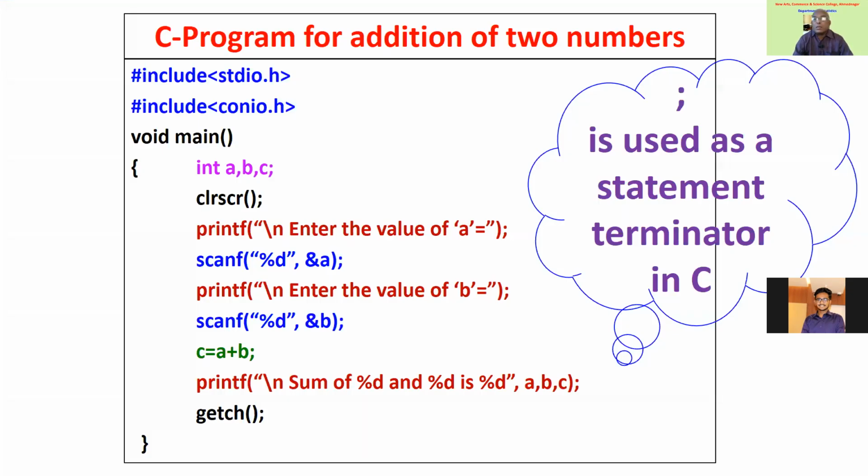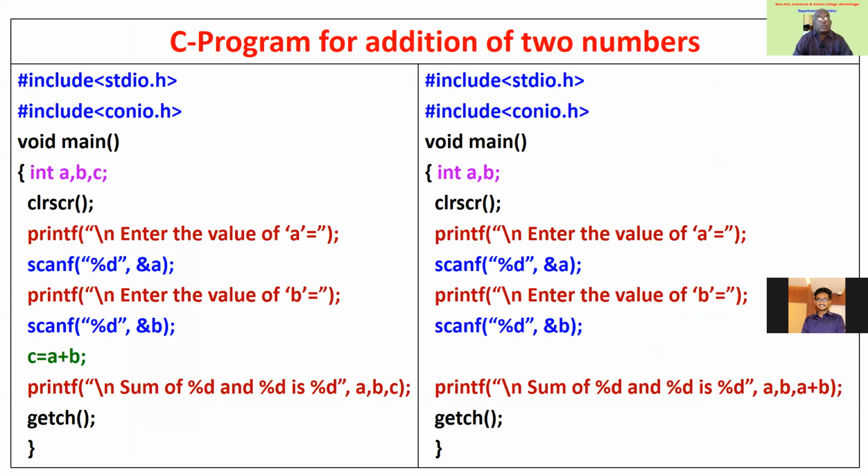See, last time I explained this program, which is just addition of two numbers. Now the same program I am going to show you today a little differently. So see here, this is the addition of two numbers I showed you yesterday, which is the same. #include <stdio.h>, #include <conio.h>, void main, then integer variables A, B, C, clear screen, message, enter the value